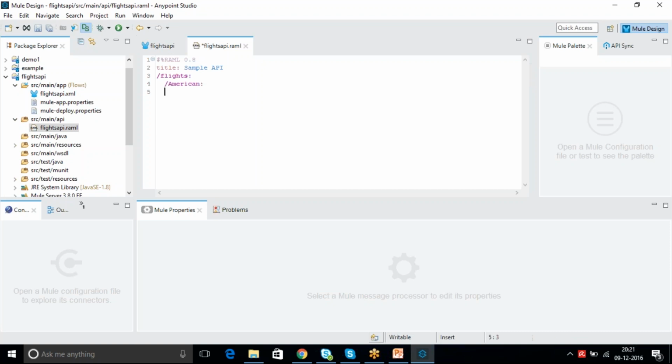This is one resource, and the second resource is Delta.